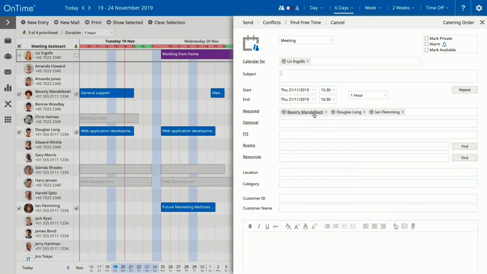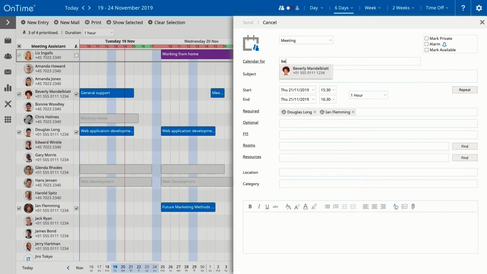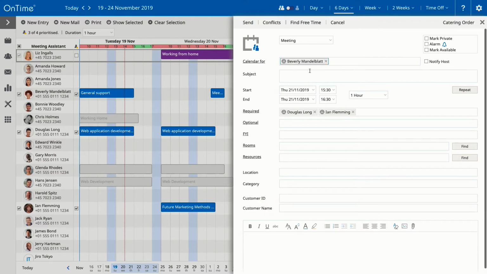So what I can do is take whoever I want to be the person inviting, remove them from the required box, and replace me with that person in the calendar for box instead. This way, the meeting won't appear in my calendar and I won't look like one of the people attending the meeting. Now the meeting details just have to be filled out completely as I would do on a regular meeting,